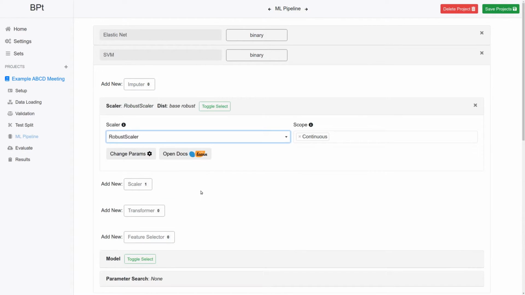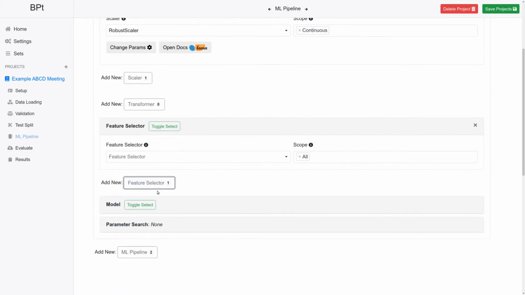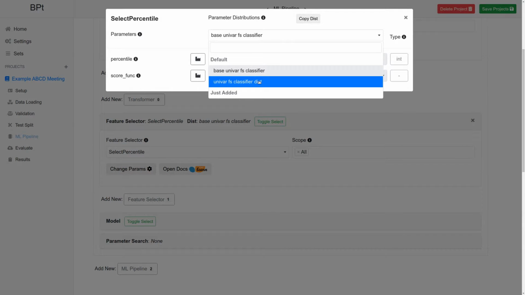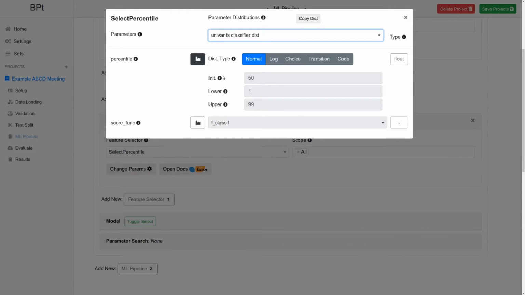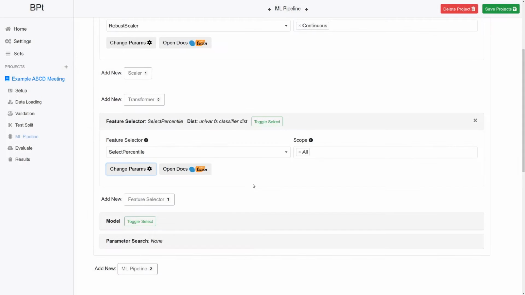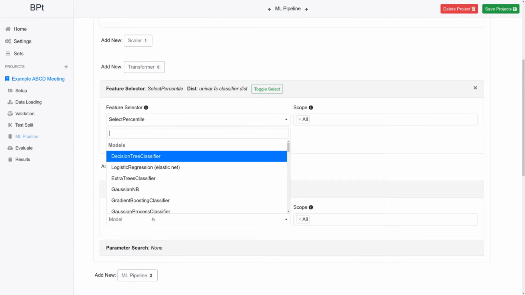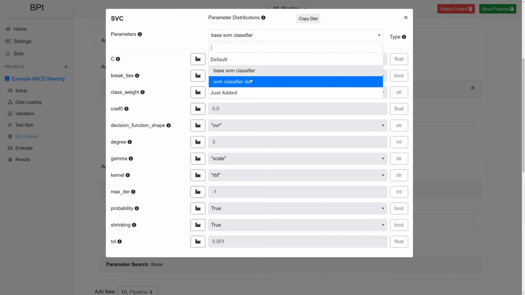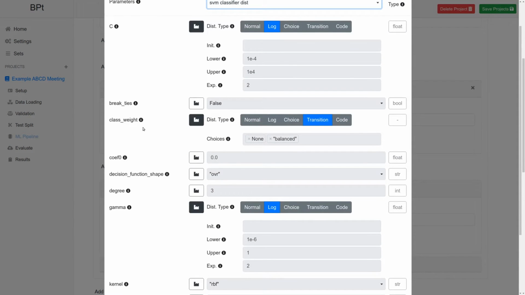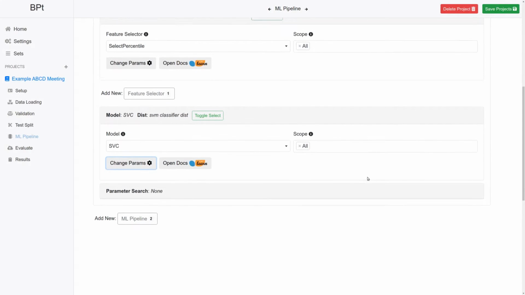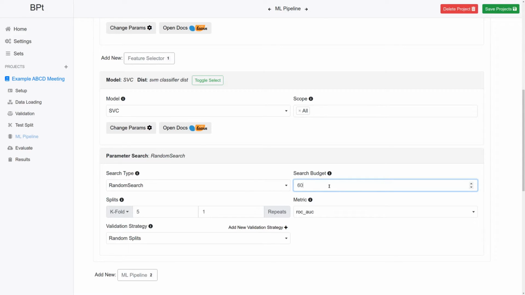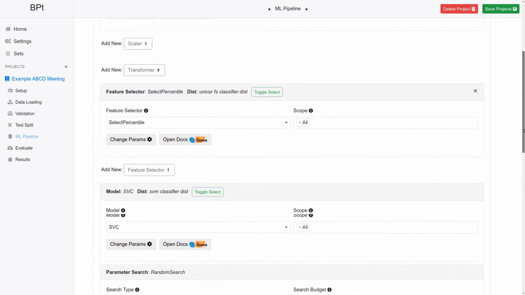So again, this robust scaler. This time we're going to define a front-end feature selection method, which will also select a distribution of hyperparameters to optimize. That's just the percent features to keep. And then as the model, we'll do this SVC, the support vector classification, and then again, select this predefined distribution of hyperparameters. And for our parameter search, basically optimizing those distributions of hyperparameters, we're going to do that random search,